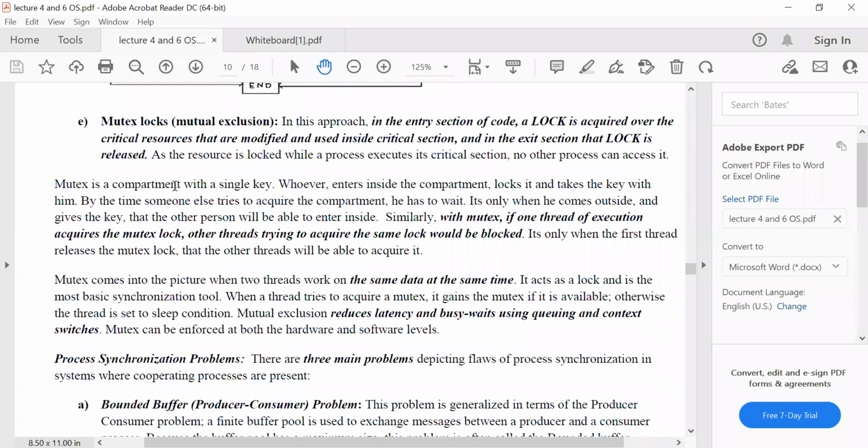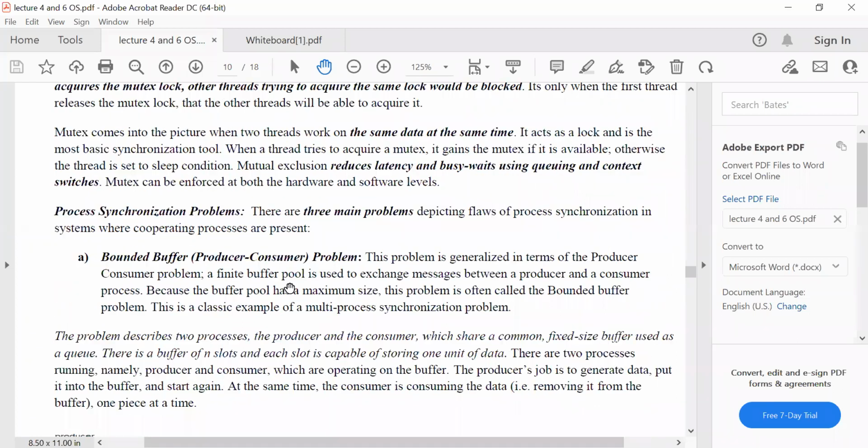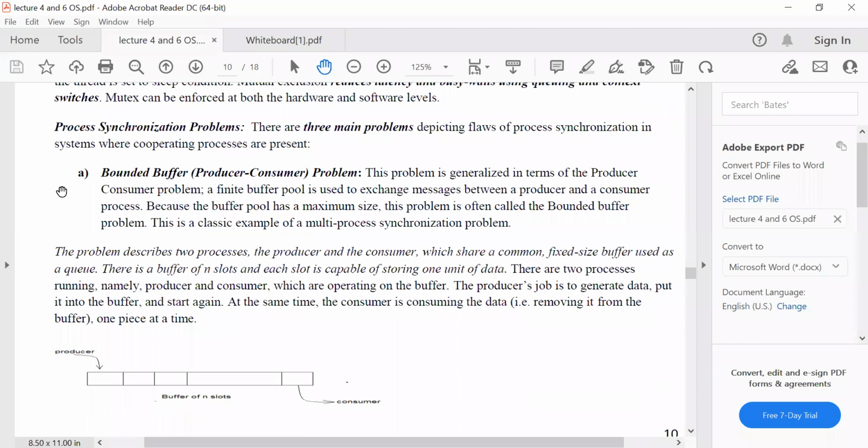So in operating system, we refer to it as a lock. You lock so that you have mutual exclusion. Once you're done with the exit section, then you release the lock for another process. Okay. Now, we've discussed process synchronization, we have looked at algorithms, but still we have problems with process synchronization, and